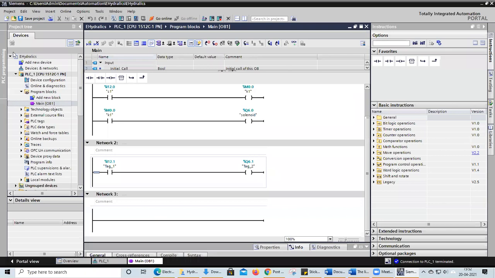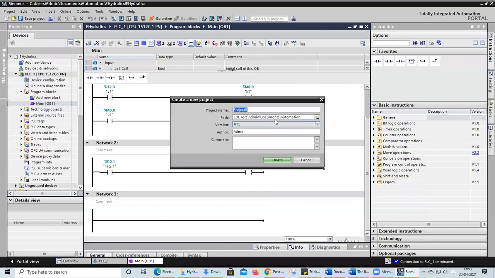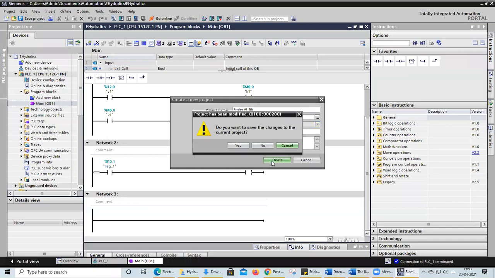Okay, take new project. And our project 5 is lift application. I'm creating this project. Click yes.